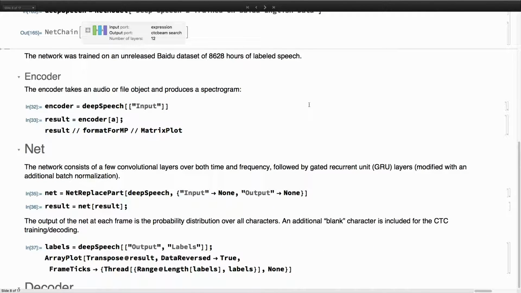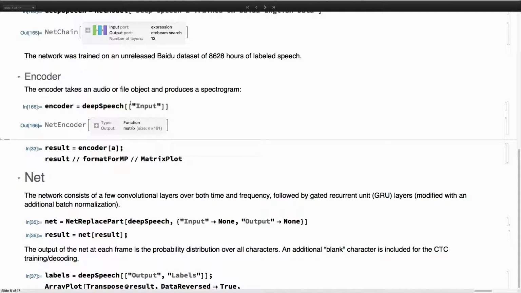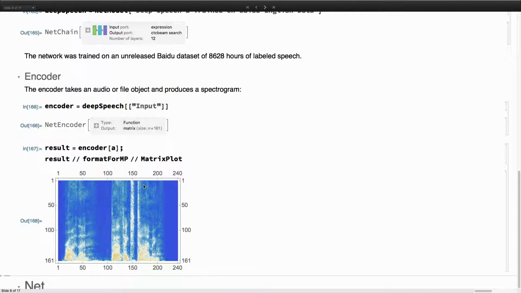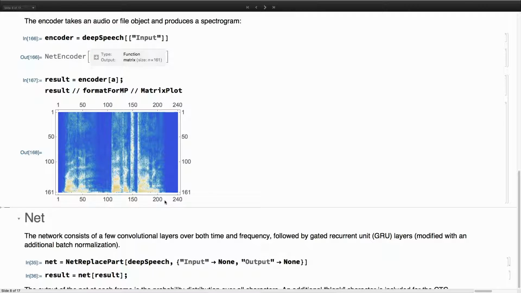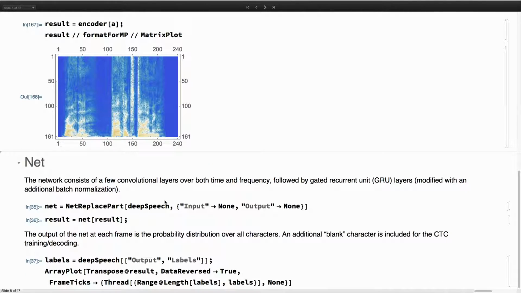So what goes into this? The audio object is encoded in a spectrogram, and this is how the encoded spectrogram might look like for our specific signal. And then it is fed into the network.